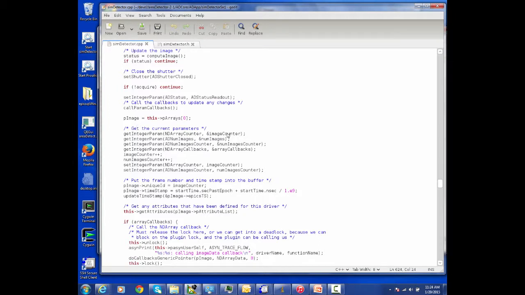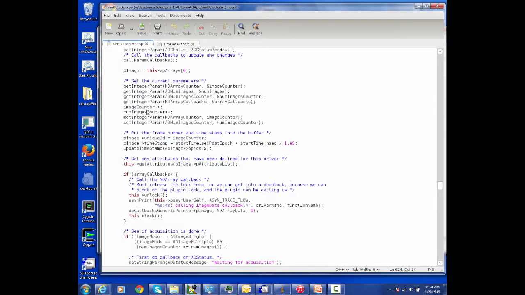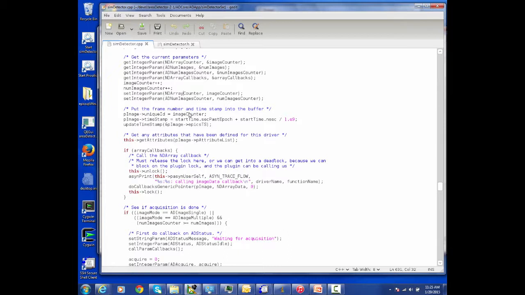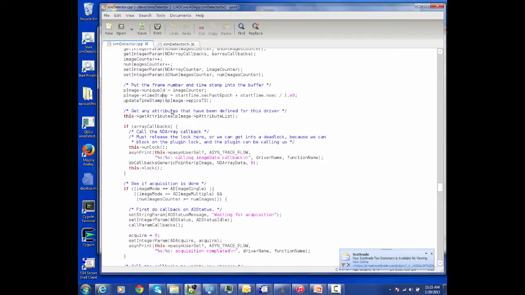Okay, get the current values of the counters. So this is basically going and getting a couple of counters and incrementing them. One is the counter that started at 0 when the IOC was created, and another is the counter that restarted when we started this acquisition. So then we put the image counter, that's the global counter that started at IOC init, into unique ID, set the timestamp from the start time of that acquisition, update this timestamp,